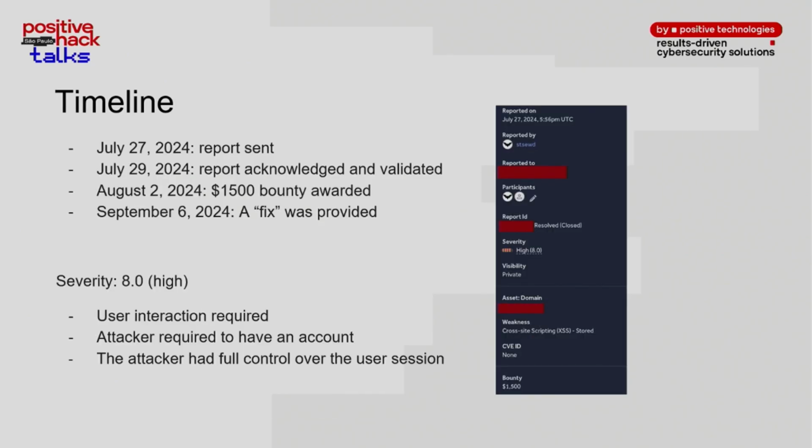So I reported this last year on July 27th, and I was awarded $1,500 for that. And on September 6, they fixed the vulnerability. I say fixed in quotes because they only fixed the open redirect. They didn't fix the injection. Why? I don't know. But anyway,